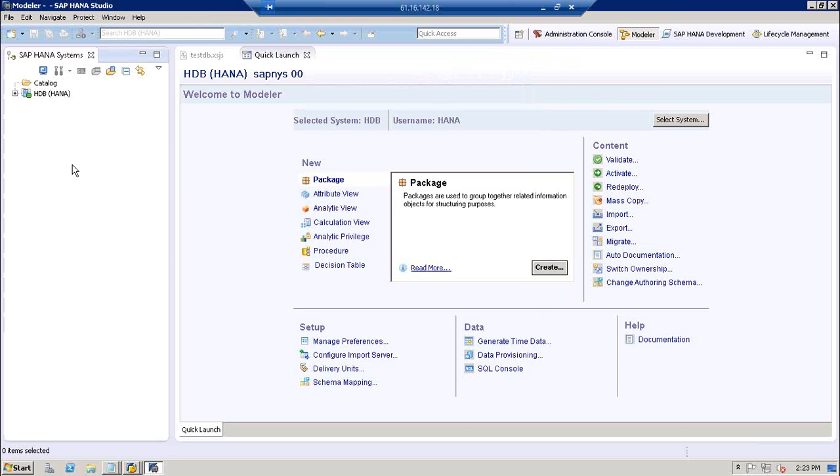Rajesh, one question. This HDB HANA, I believe, is an instance of the HANA database. Correct. In one machine you can have multiple instances of HANA DB. So I can connect multiple instances here, is that right? Correct. You can create multiple instances, not with the same name, but with a different name. And I can pull the data from different instances into one catalog? Yes, unless and until you have sufficient authorization. Okay, all right, thanks.